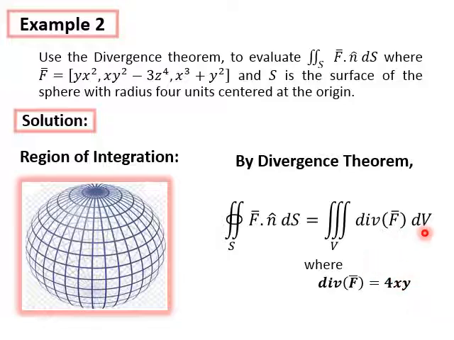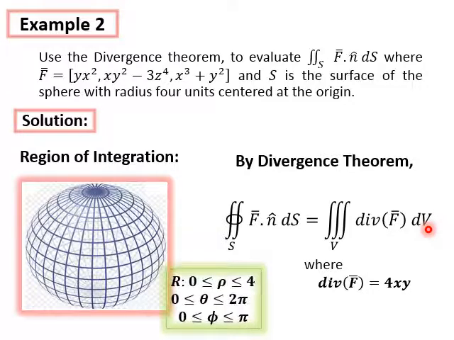Now we have to check the region of integration. Here V is the volume enclosed by the closed surface, the sphere. The elementary volume dV is dx dy dz. Here the parameters are rho, the radial distance, theta, the positive tilt of x-axis, phi, the positive tilt of z-axis. Rho, the radial distance, varies from 0 to the radius of the sphere, which is 4 units. Theta, full circle rotation, 0 to 2 pi. Phi, half rotation, positive tilt of z. So phi varies from 0 to pi.